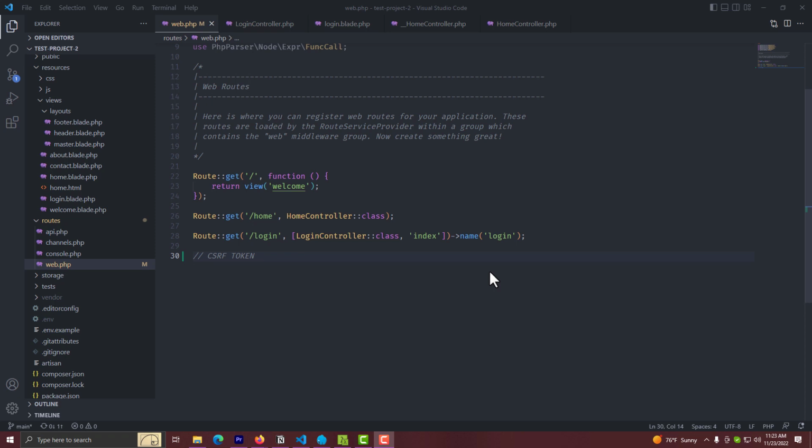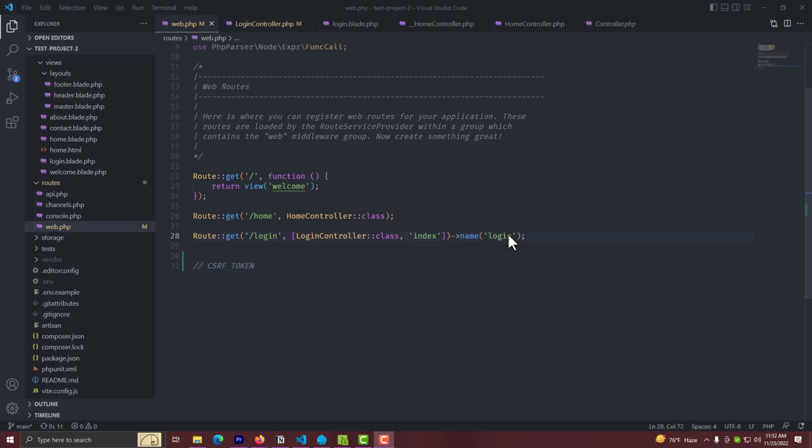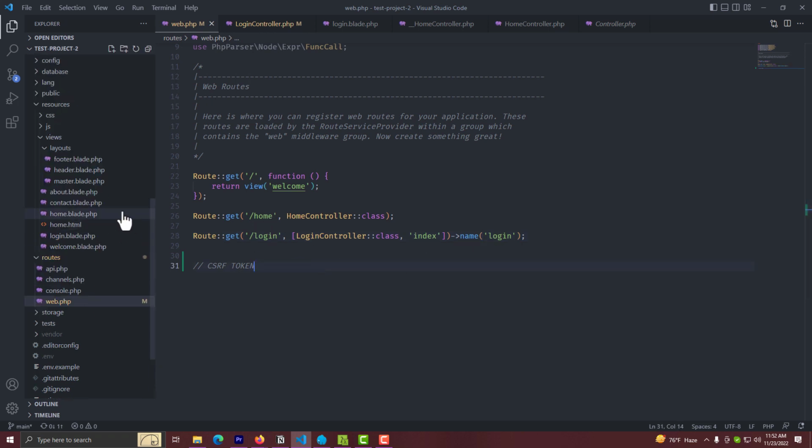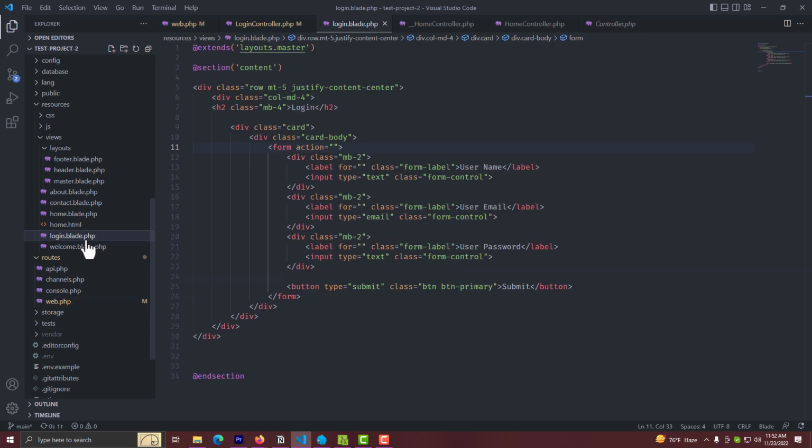So in this video we will learn how we can add a CSRF token in our forms. Basically Laravel automatically generates a CSRF token for each active user session managed by the application. We just have to use this CSRF tag in our forms and that will do the job. In the previous video we created a form, right? So we will be using that form. So let's open our form blade,